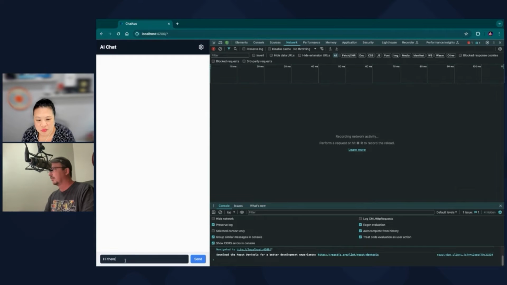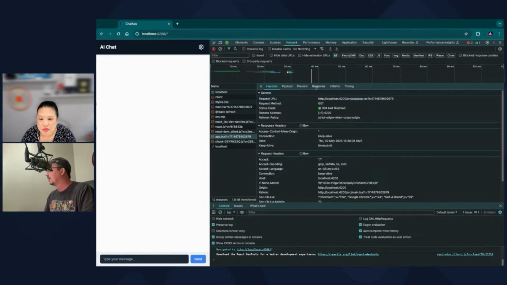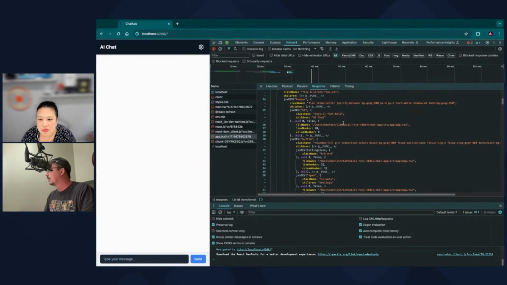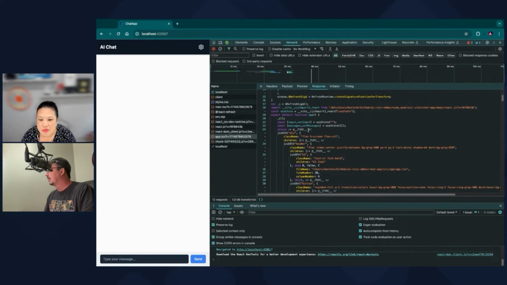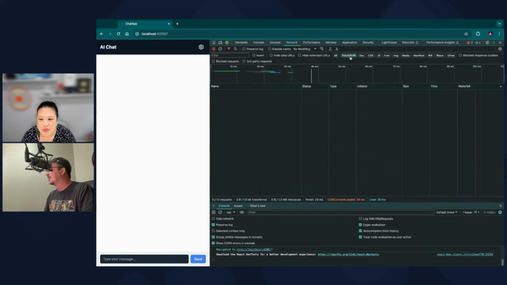Clear. Hi there. All right. This is a WebSocket trying to do things, and it's sad. But no, this. Oh wait, this is just the refresh thing. So that's not it. Must be this one. No, doesn't seem right. Let's look at just our fetch XHR. Is it not fetching? Oh, you know why? Because when I hit submit, I'm not going to prevent default. So it's actually submitting the form, which is not what we wanted.